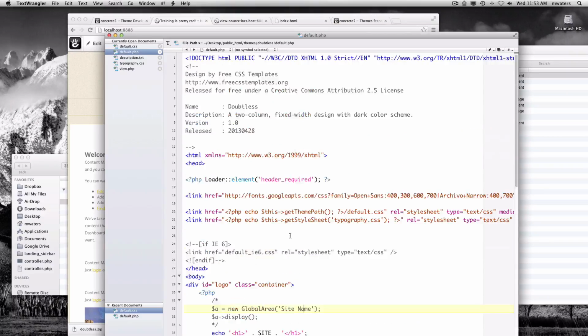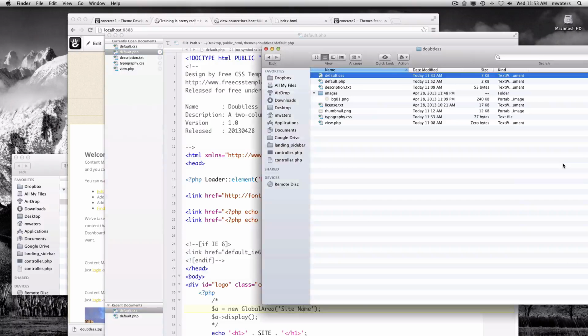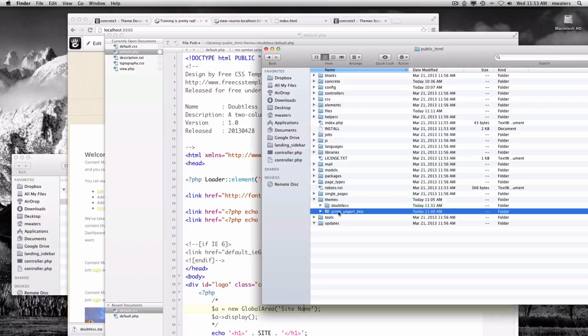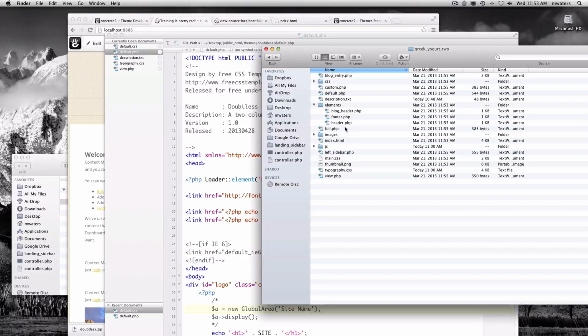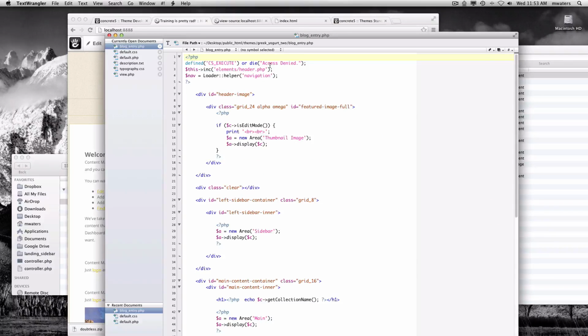Now a few things I wanted to mention before we wrap up this page type. I'll jump back up to Greek Yogurt 2 here. If I look at one of the page types from this theme, you'll see that whenever we're working with a PHP file in concrete5, there is this line here that says defined C5 execute or die access denied. What this does is it checks to make sure that the concrete5 environment is running. So it checks for the existence of this global right here and denies access otherwise. So this is a good security check to keep in place just to make sure that concrete5 is the thing that's actually asking for this particular PHP file and not a crawler, a web crawler, or spider, or